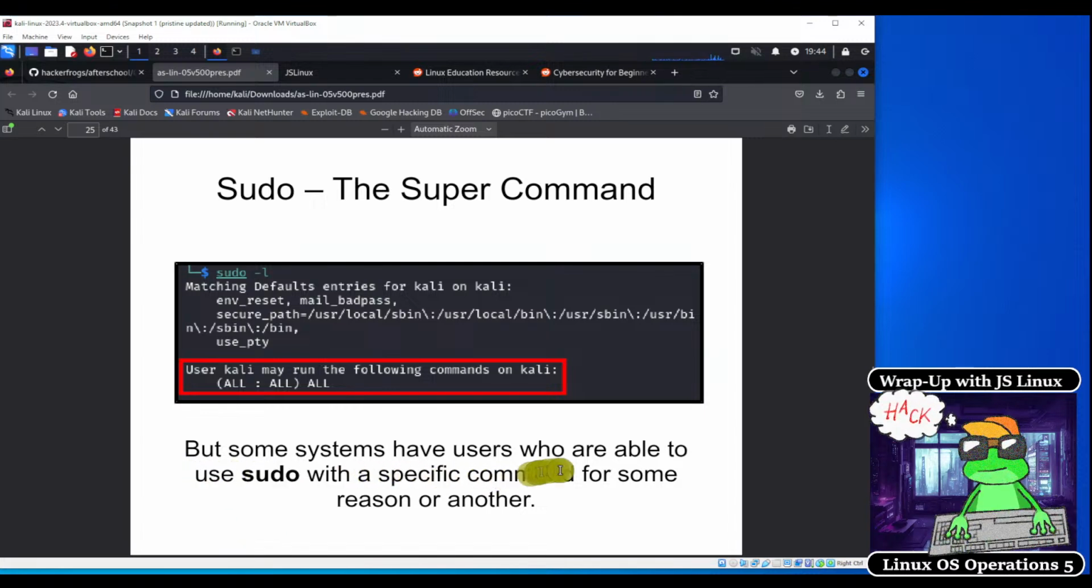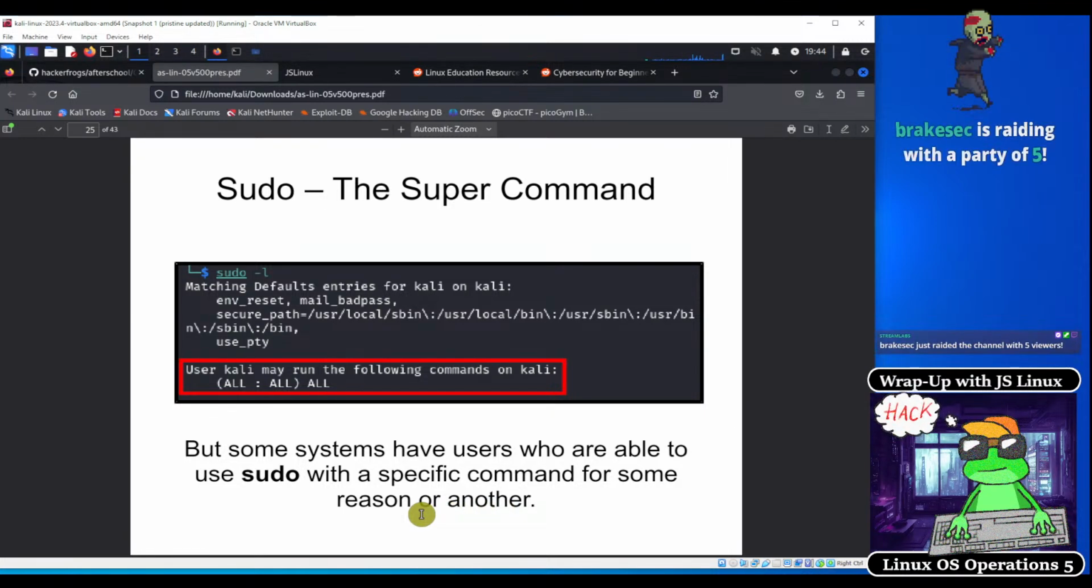Some systems have users who are able to use sudo with a very specific command for some reason or another. So there are specialized cases on